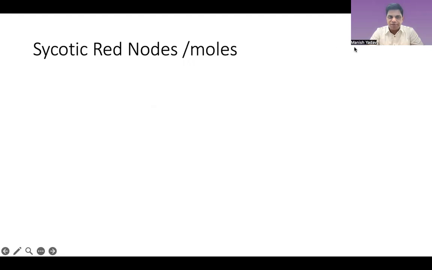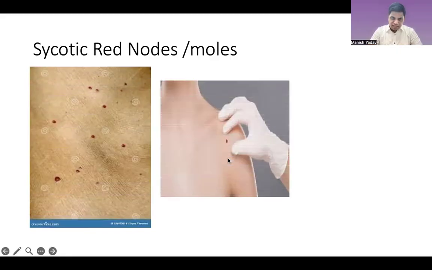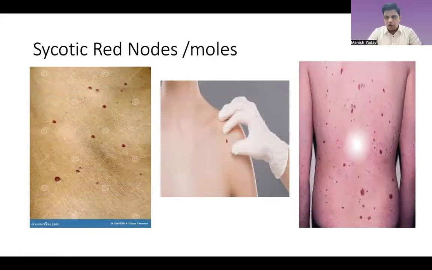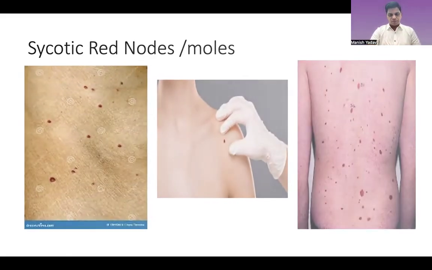Other few objective symptoms: psoric red moles. You can see like this. You must have seen a lot of patients with this. This is a mole. Moles on the face, moles on the skin also indicate psora. Thuja, when you read Thuja's skin, it is written moles on the skin. But here it is red moles basically. Red nodules, red moles. This is a psoric feature. So you can catch the patient from this also.